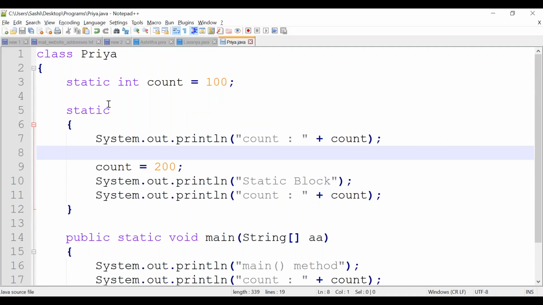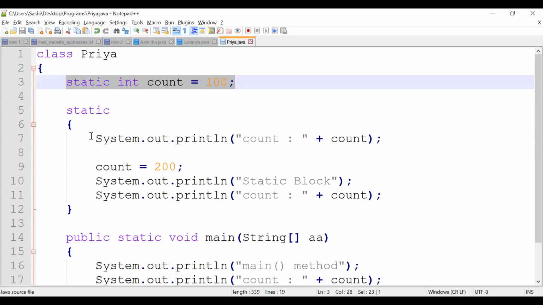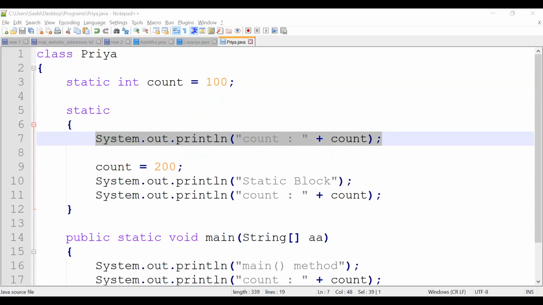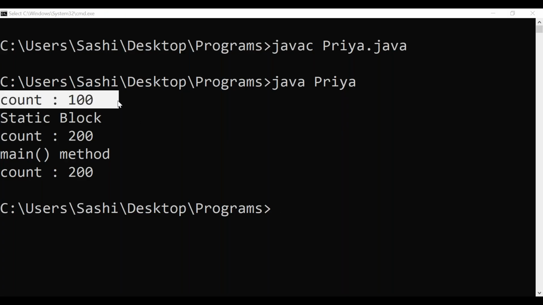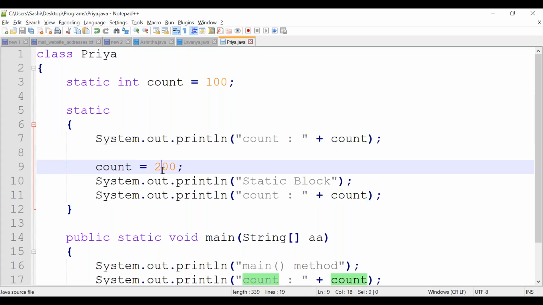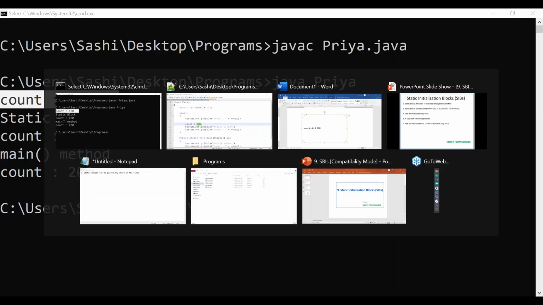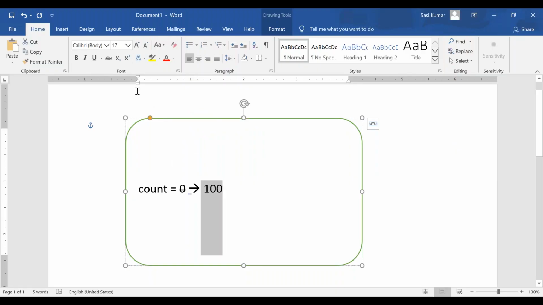See here, once the reinitialize static blocks started executing, you are getting count is 100. Correct? Then we are reinitializing to 200. 100 will be deleted. What we are doing, we are reinitializing with 200.